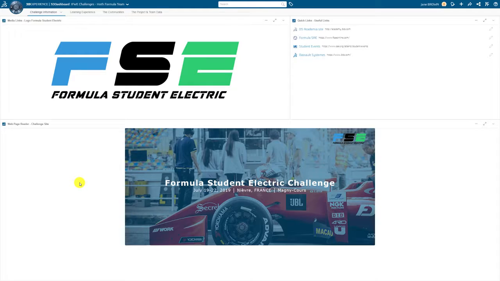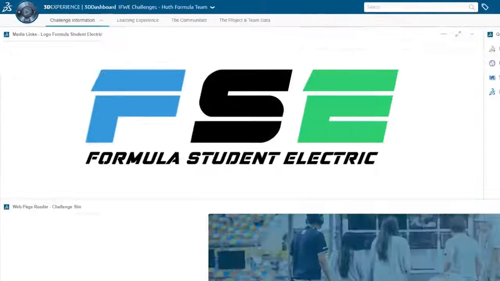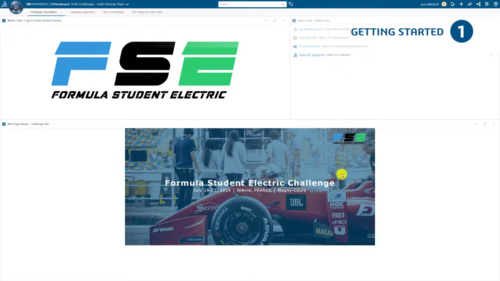So, we're here with Jane on the dedicated Formula Student Electric dashboard. What is a dashboard? It's a central place where you can find relevant information. In this example, that means all information concerning the Formula Student Electric Challenge. In the Challenge Information tab, Jane can find general information about the challenge, such as useful links, the challenge website,